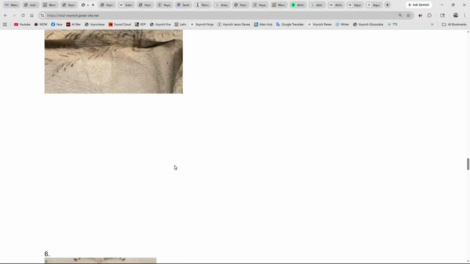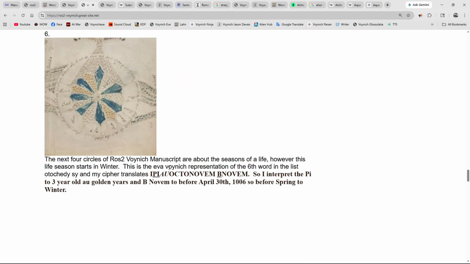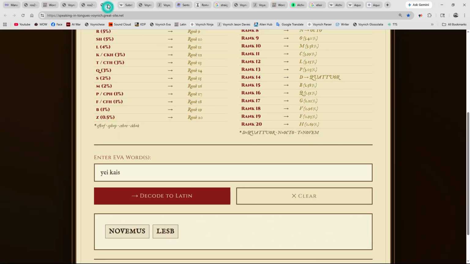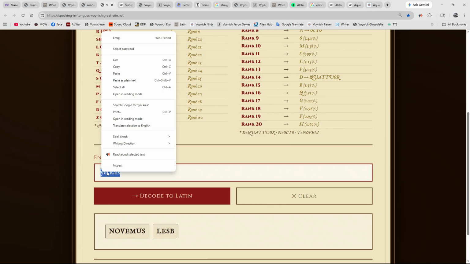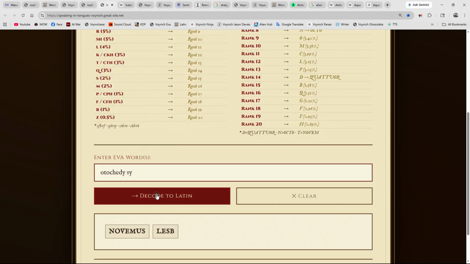Moving downward is the, I did write the word in this time in Eva, so we can go to Eva and paste it in, and you notice pi for 3.4 years old, AU golden years, octo novum,